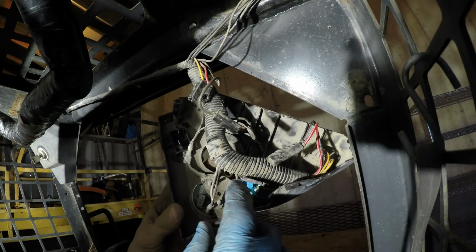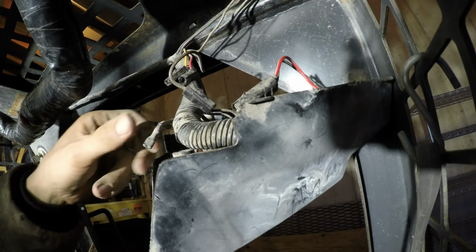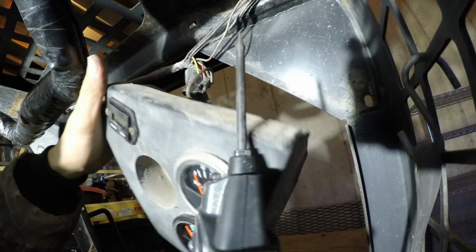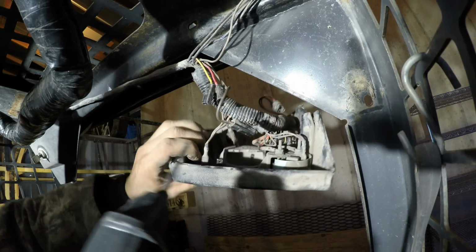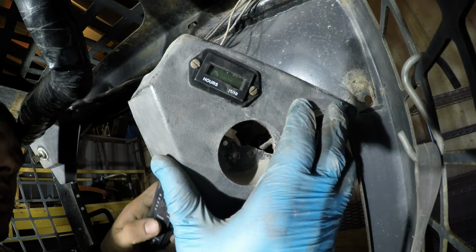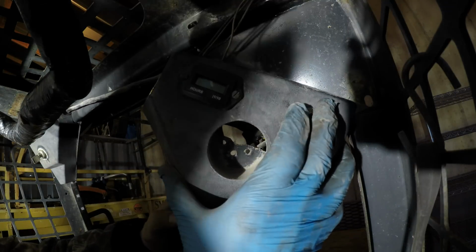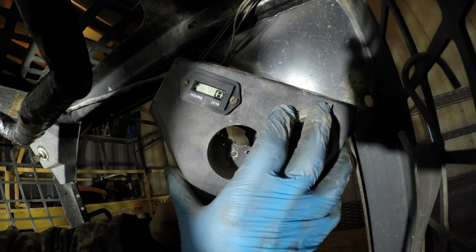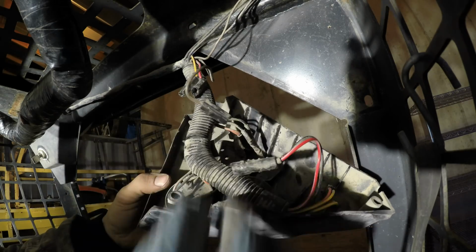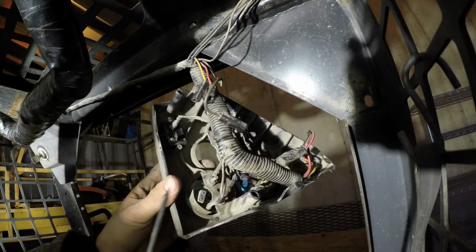I'm just gonna borrow power from that. Alright, so I'm gonna use this ground. So if I put power to this. Alright, so I'm using that mystery ground, whatever that was. And now with the power probe, I can power the other terminal. Alright, powered. And the hour gauge is working. Okay. So which one of these is